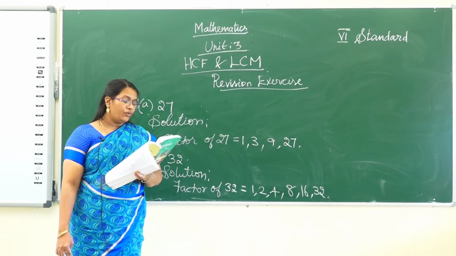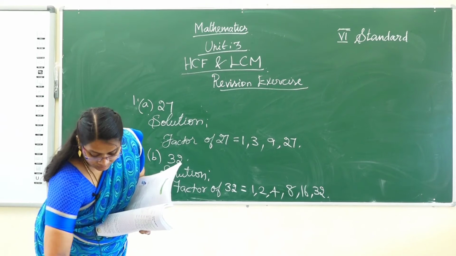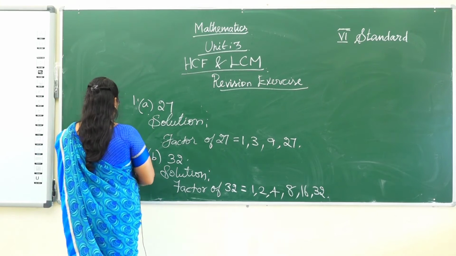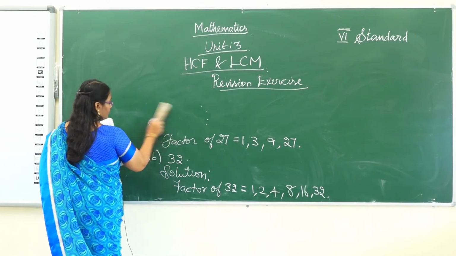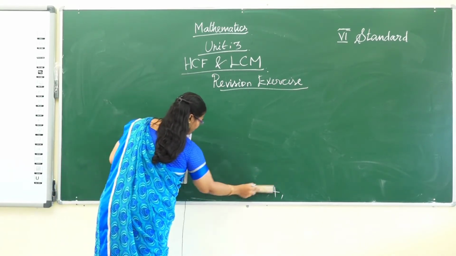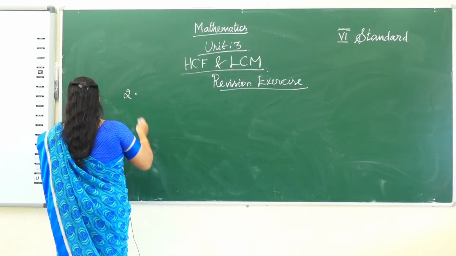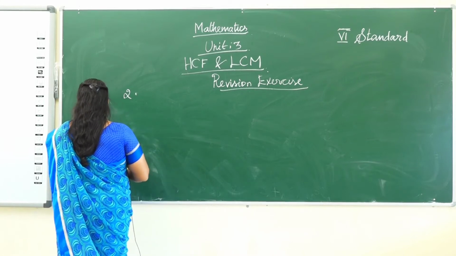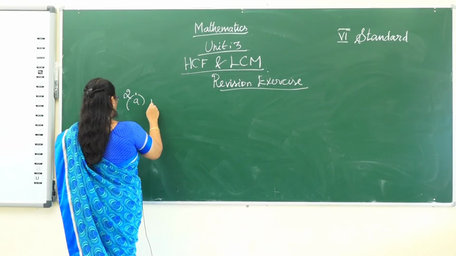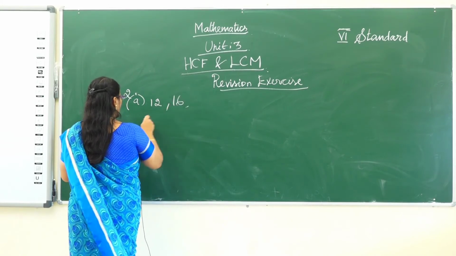Find the HCF using common factors. Using common factors. First one, first write the common factors. For 12 and 16 is given. Okay, solution,